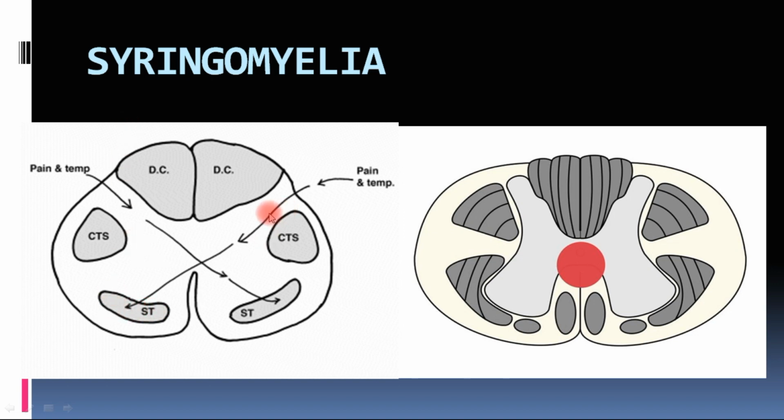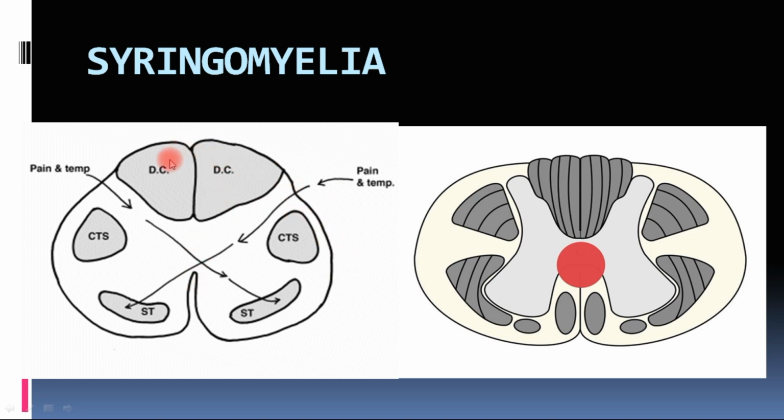So these second order neurons are arising from here in the spinal cord and going to the opposite side near the compression, and because of this course, these tracts or these neurons which are crossing to the opposite side will get affected, will get compressed, will get degenerated, and because of that the pain and temperature sensation selectively will be lost,